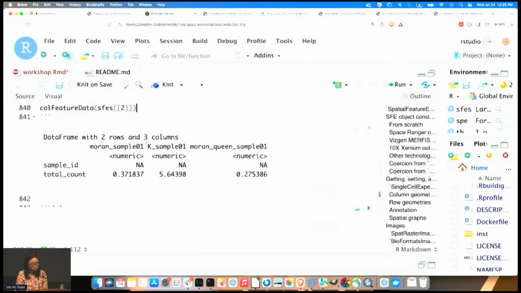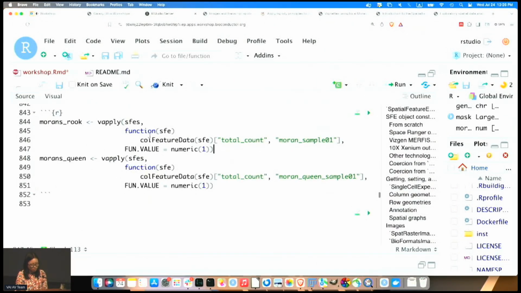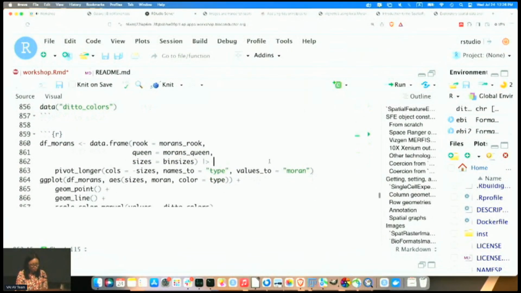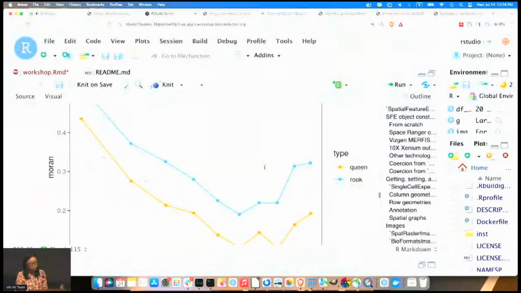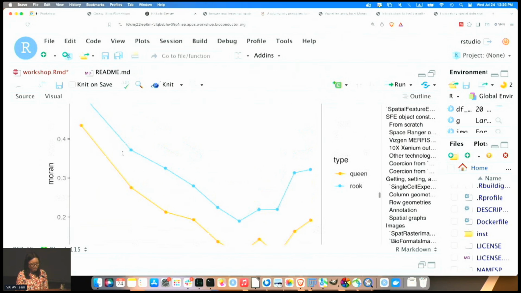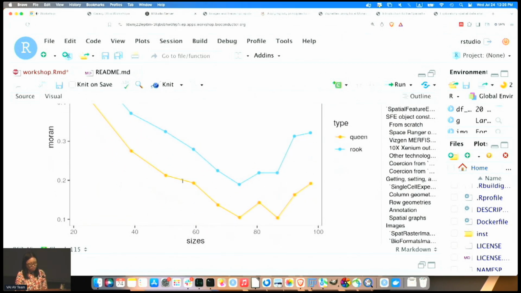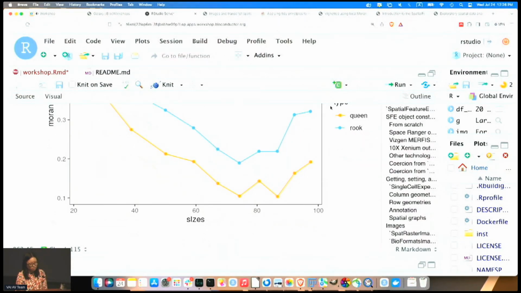Here is a bit of data wrangling to make the plot of how Moran's I varies by spatial scale. At a smaller scale it's pretty high, then it decreases for intermediate scales, but before it gets larger again for a larger scale.